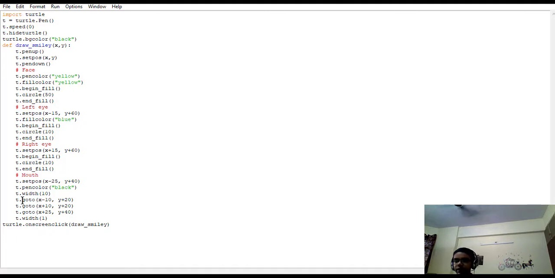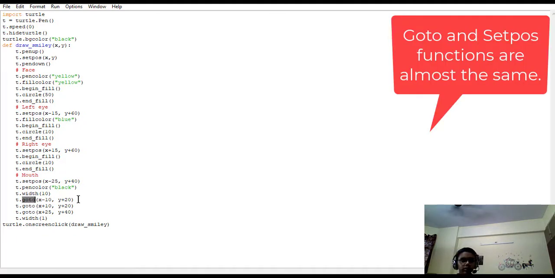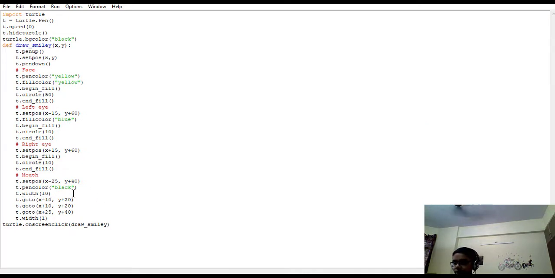Then we will use the goto function. It is almost the same as setposition. You can use setposition also. Then go to x minus 10 and y plus 20. So somewhere about here, if we started from here. Then we will go to x plus 10, because the x line is here. We will go on the right side or the positive side and the same height. So y would be positive 20 again.